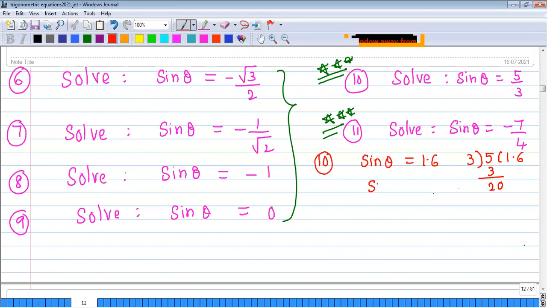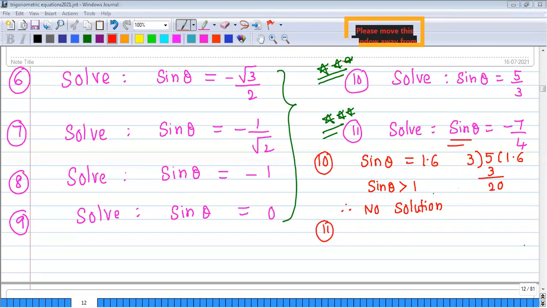That means sine theta is greater than 1. It cannot be. It won't happen, sir. Sine theta always lies between -1 and 1. No solution. Similarly, as far as the 11th is concerned,